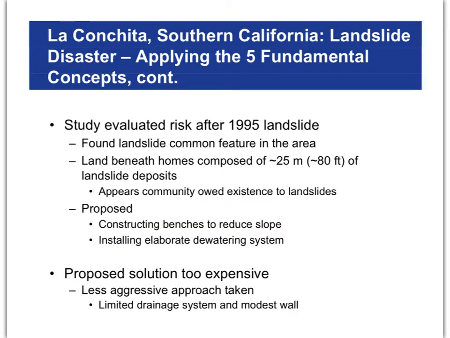Again, this is a recap of what I mentioned real quickly at the beginning of the chapter: after 1995, in which no people died, they did a landslide risk study. And they found that it shouldn't have been too hard to identify that landslides were very common in that area. There were other tongue-shaped cracks that indicated that landslides had taken place up or down the coast from La Conchita.